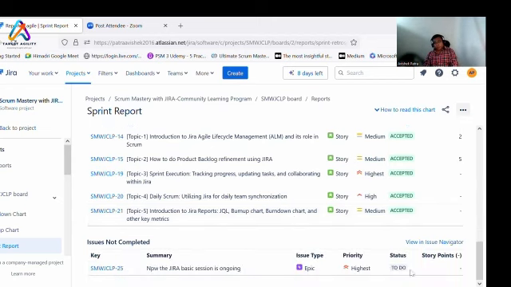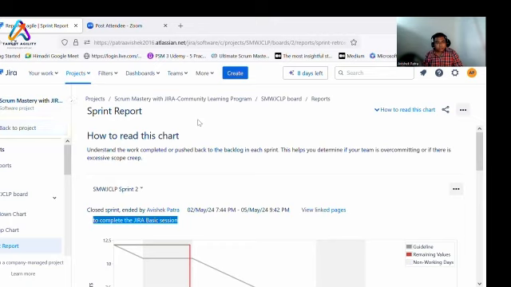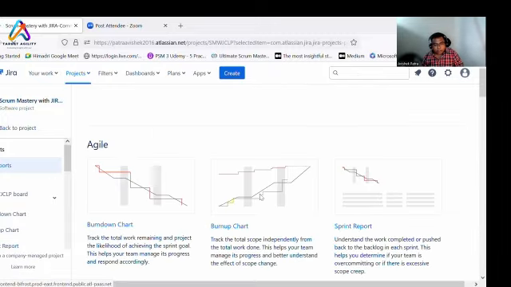How many issues are not completed? So what happens when issues are not completed? You put them in the backlog, then PO discusses with the team. If you want to take it up, you take it in the next sprint. Here, as you have seen, when you close it, it directly takes you to the next sprint. In case there is an option while closing, it will ask whether you want to move it to the next sprint, whether you want to put it in the backlog. You select accordingly.